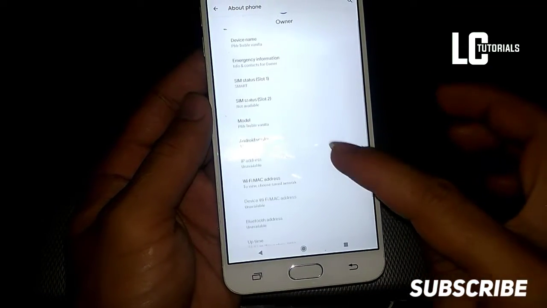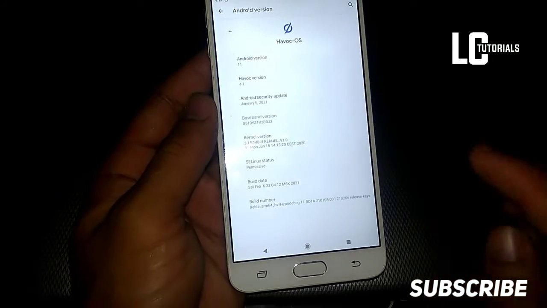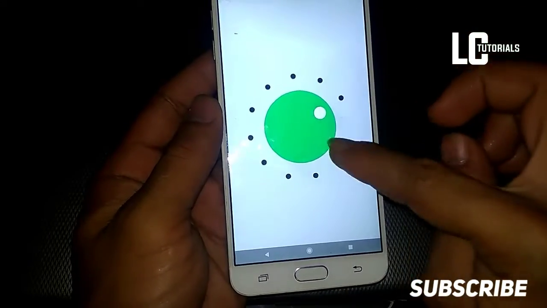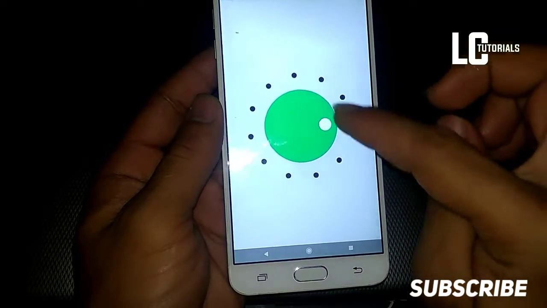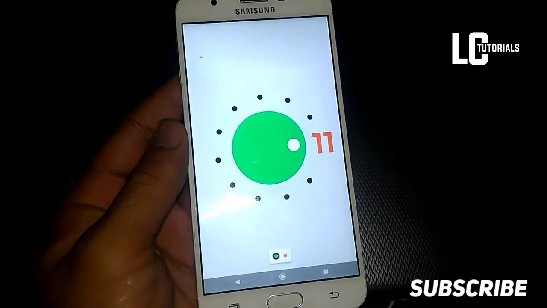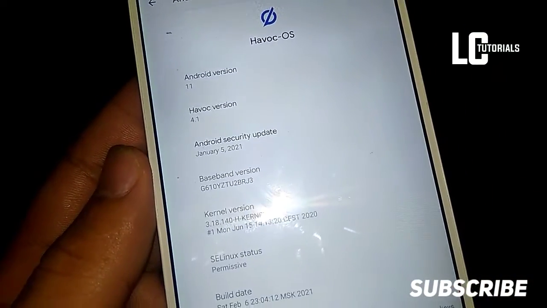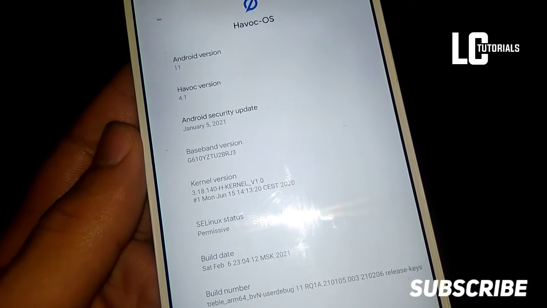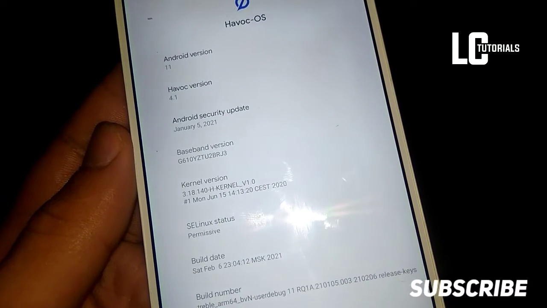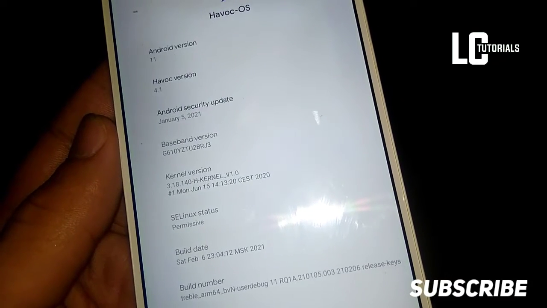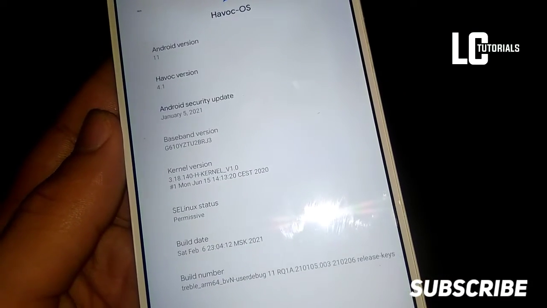We will now go into the about phone. This is based on Android 11, as I said earlier. Here, this is an Android 11 ROM, guys, and I have version 4.1, as you can see on the screen. This one is a G610Y, and the kernel that I use is the Edge kernel version 1.